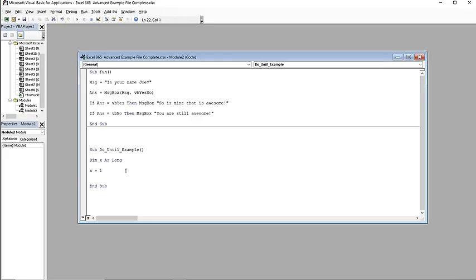And I want to do this until x is equal to 11. So I want to keep running this code. So I'm going to use a do until x is equal to 11. So I'm going to keep running this code until x equals 11. I'm then going to select a cell to run this code in, because I actually want this to display something in Excel. So I'm going to say that cells,